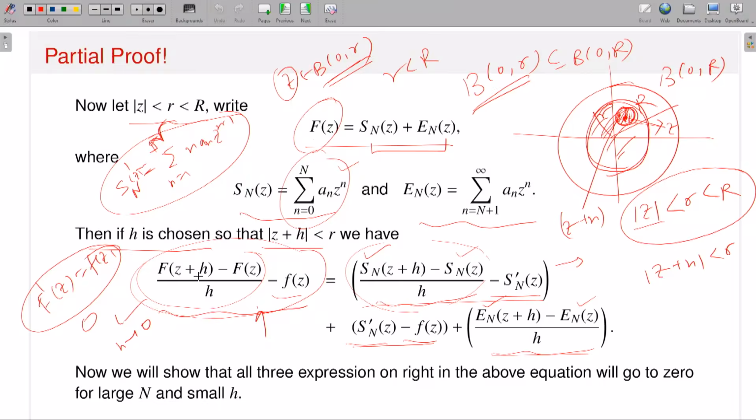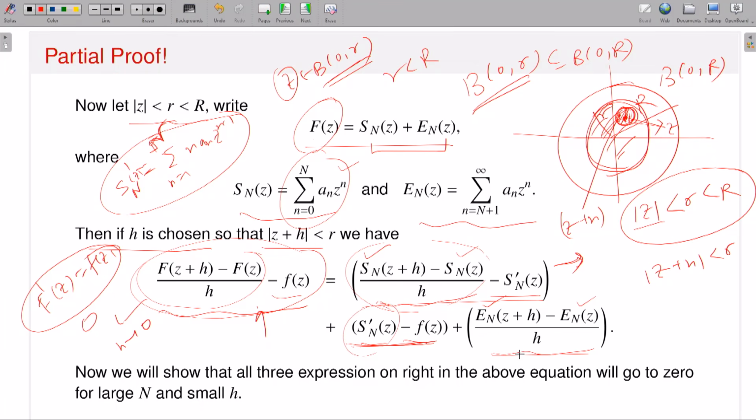So since the series is convergent in the disk of center 0 and radius R, and Sn prime is the nth partial sum of this power series, Sn prime converges to f. That is by the definition of a power series, because the power series has radius of convergence R with center 0. So this converges to f of z absolutely in the domain of convergence B of 0, R. This is convergence because I just proved that the new power series has the same radius of convergence as the old power series, and this is the nth partial sum.